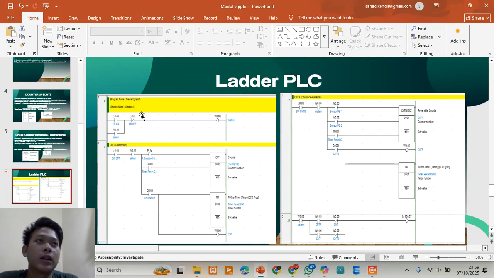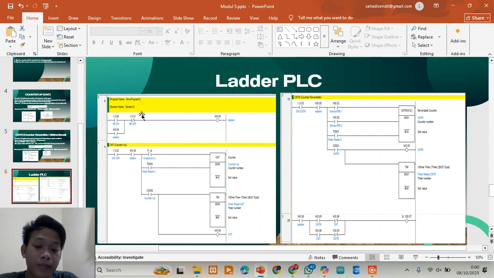When the counter is reset or counts down below 5, the solenoid de-energizes and the cylinder returns back. This shows the real interaction between electrical logic in the PLC and mechanical motion in the pneumatic system.